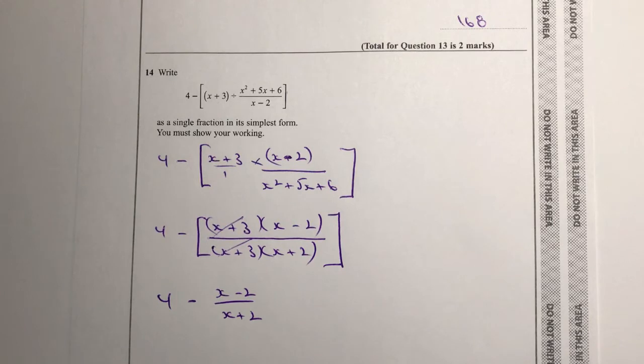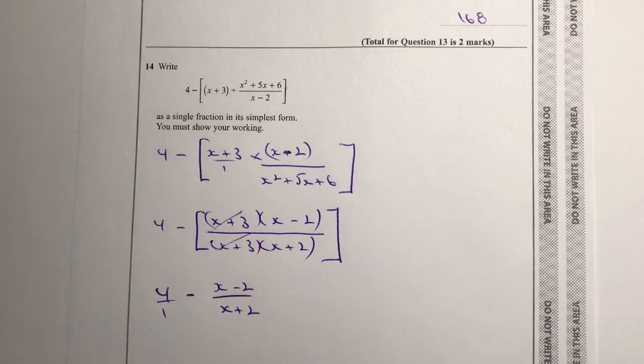Okay, so we're in a position then where, again, we're dealing with fractions. So this time we've got minusing 2 fractions from each other. So what I need to do is make sure they've got the same denominator. So in this particular case, I need to make sure this 4 over 1, that 4 is the same as saying 4 over 1, has got a denominator of x plus 2. Well, the way I'm going to do that is if I multiply top and bottom by x plus 2. So what I end up with is